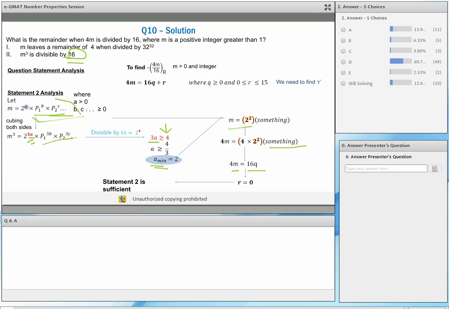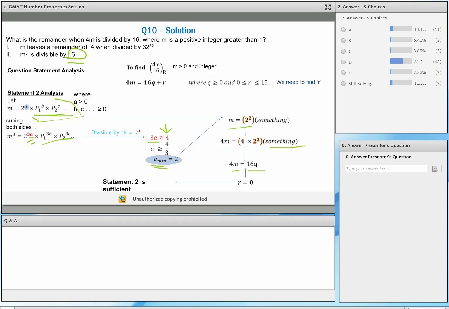Okay. Now, again, I know some of you will not get statement two, because we are applying the concepts of prime numbers here as well, and we are drawing certain inferences. Okay, so I want you to first revise your concepts of prime numbers, because no matter how much I try to explain that over here, in the absence of that complete conceptual understanding, it's going to be hard for me to explain. Again, I think by this time around, you should have realized the importance of knowing the concept so very well. Okay. Now, again, I have a question.